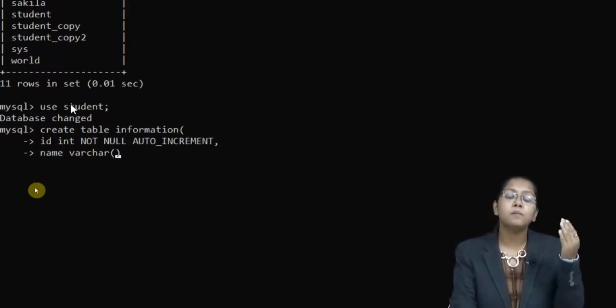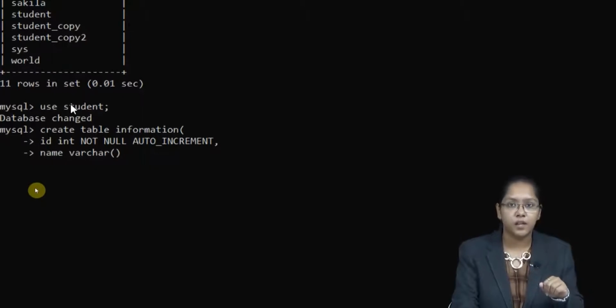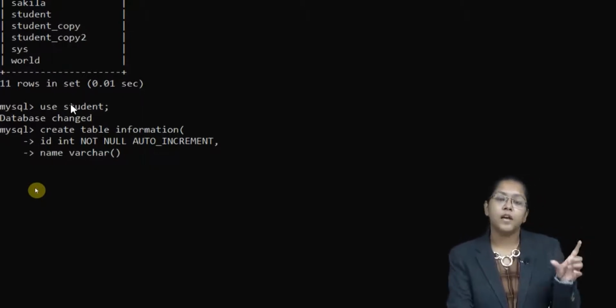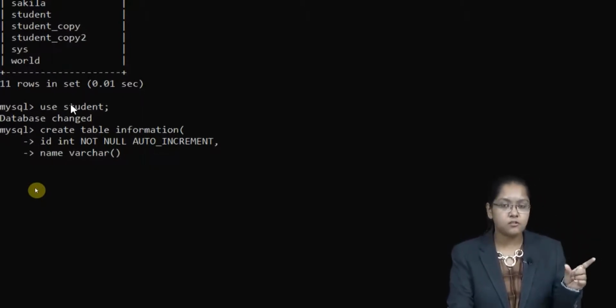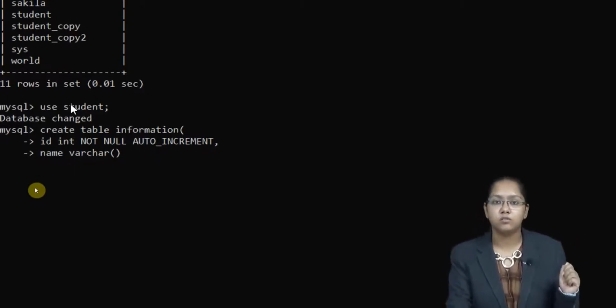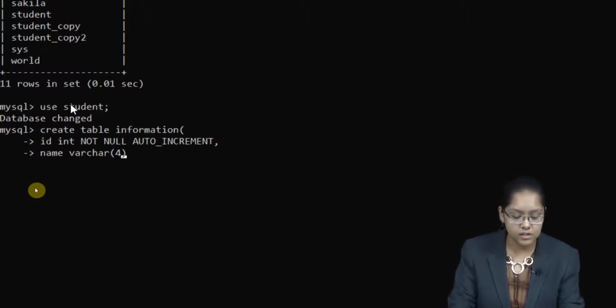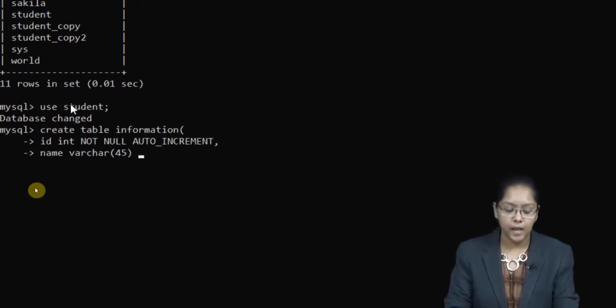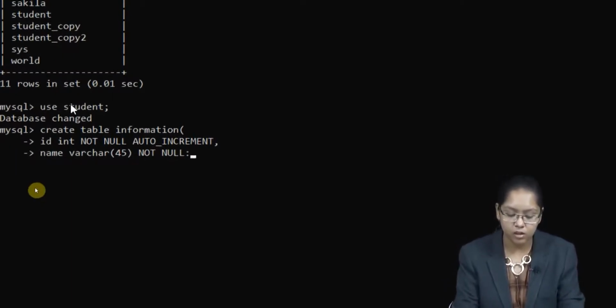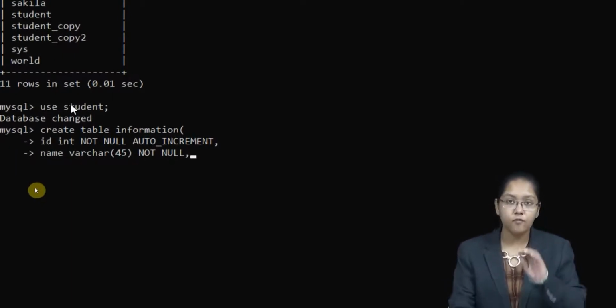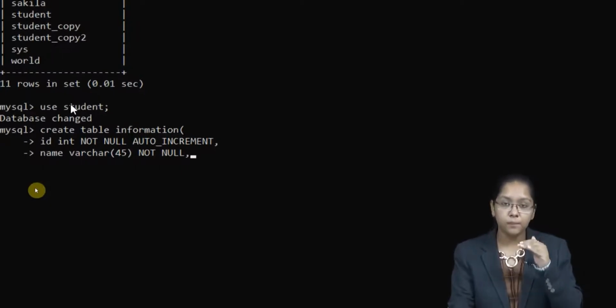Because a string can be of multiple words. The name can be of 10 letters, the name can be of 100 letters also if the person needs. Then here I have to specify the size, right? So I want the size to be 45 only. And then here also I will specify not null. Means what? I want the user to give their name to me in the database, right?